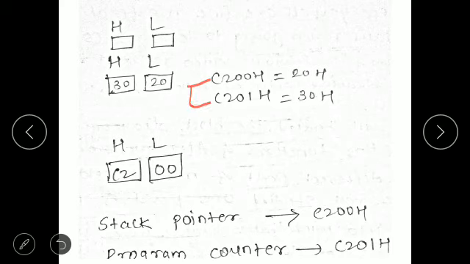Your program counter always points to the next executable memory location, that is C201H, and your stack pointer always points to the current memory location, that is C200H.